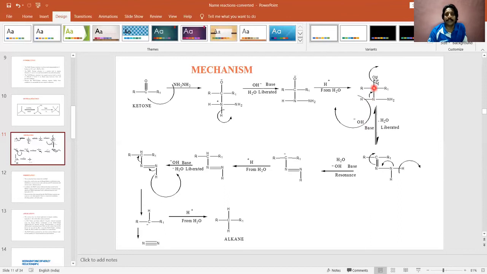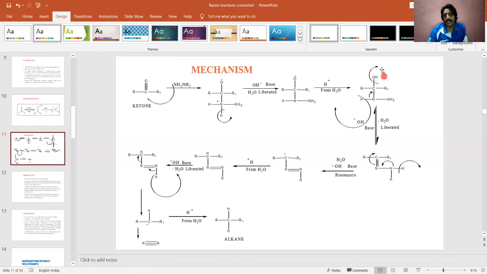So that makes this hydroxy ion a better leaving group. Earlier, you know that hydroxide ion is not a very good leaving group, but in the presence of base, the base which is regenerated from water, what happened? The base can grab this proton, it can take up this proton, and the pair of electron will be shifting over here. And once this carbon nitrogen double bond results, naturally that makes this OH a better leaving group. This OH will go out.